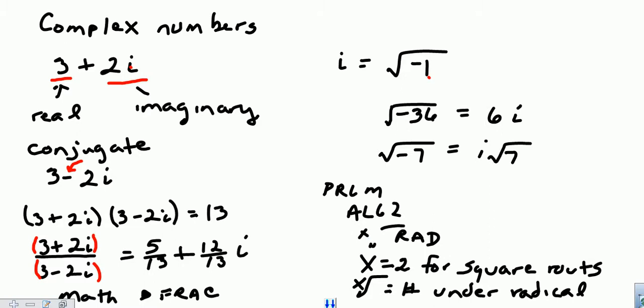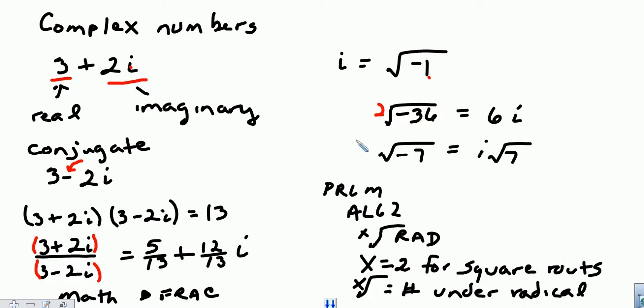This x that's in front of this, I lost part of my radical here. Let me finish filling that back in. This x is the index to the radical. That's going to be 2 for square roots. And we don't normally write that with a square root, but it would be right here for this square root